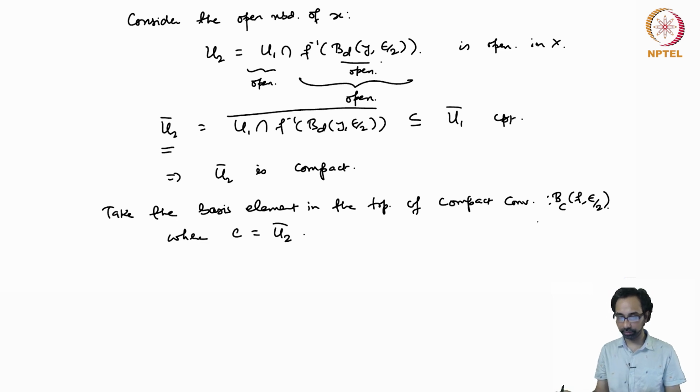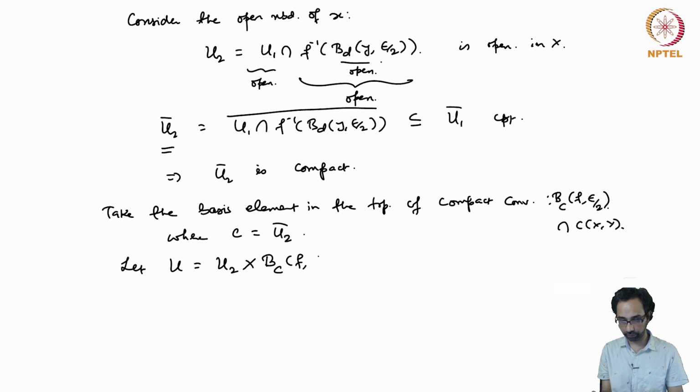So this is our basis element containing f in the topology of compact convergence in C(X,Y). So in fact this should be B_C(f, epsilon by 2) intersection C(X,Y). Okay, so these are only continuous functions. So now let U be the open set U2 Cartesian product with B_C(f, epsilon by 2), and